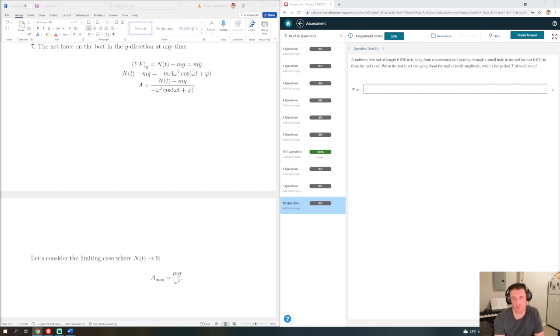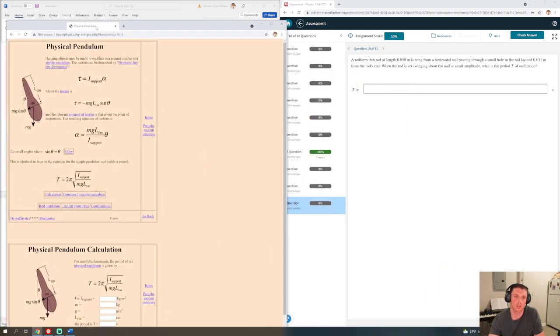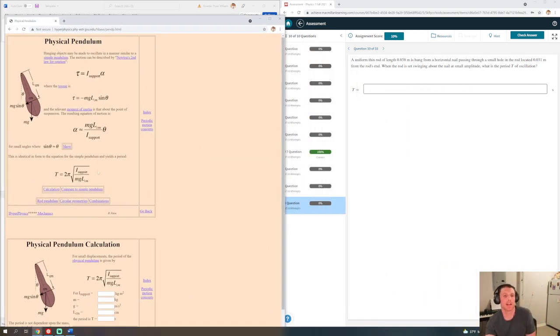I could derive it, but I think you've probably seen this derivation done, and it's not super important. So I'm looking at this, right? You basically find that the period is given by 2 pi times the square root of the moment of inertia of the object about the axis, divided by mg times the distance from the axis of rotation to the center of mass. So in this case,